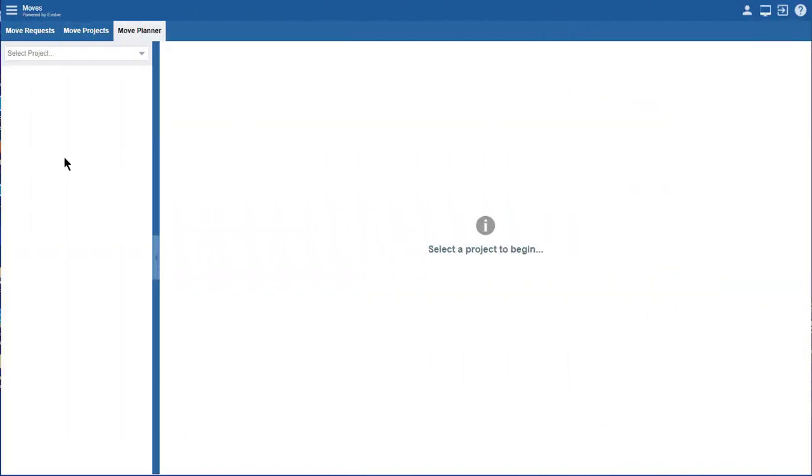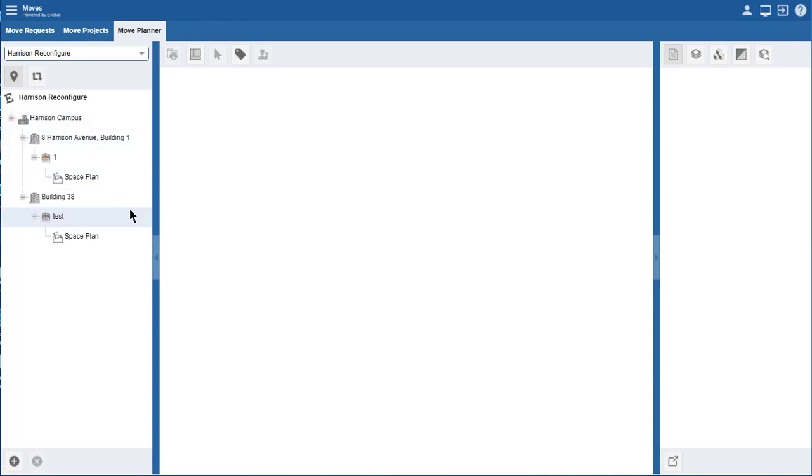This next segment on move management, we'll take a look at the move planner. And with the move planner, the first step is always to open up the project that you want to work with. In this case, I've been using the Harrison reconfigure. And I've already assigned a couple of floor plans to this project, which are all I need for this one,